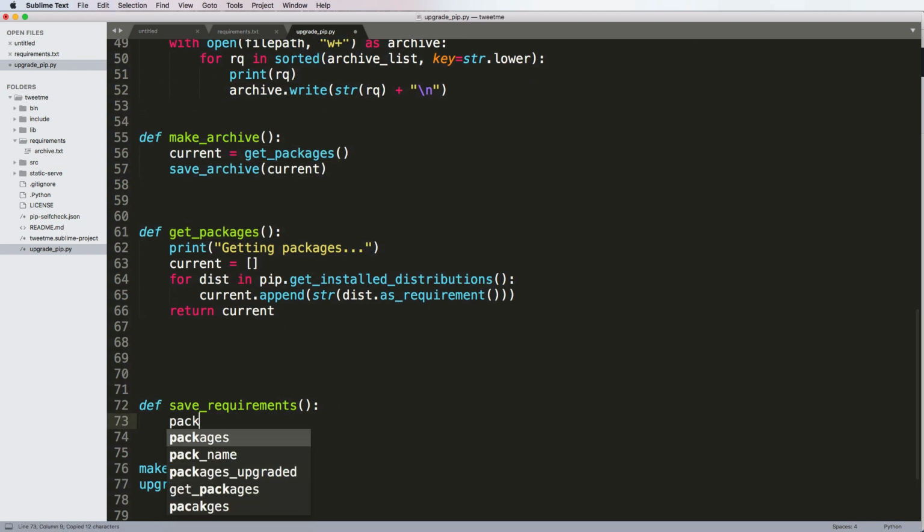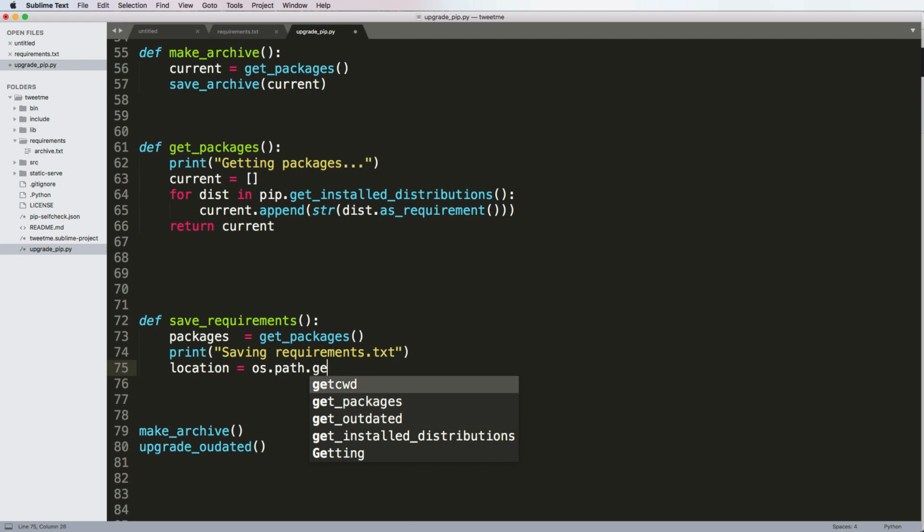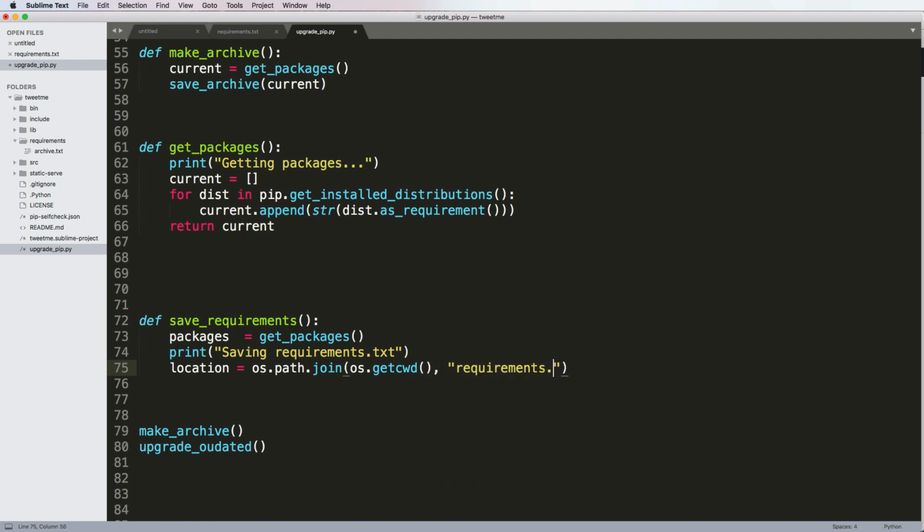So again, I'm going to get the packages here, and we'll just print out saving requirements.txt. And this is where, where do you want this location to actually be? So I'll first off just say location equals os.path.join os.getcwd, and then just